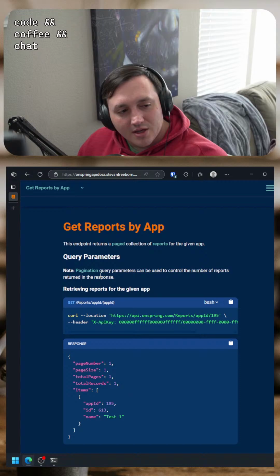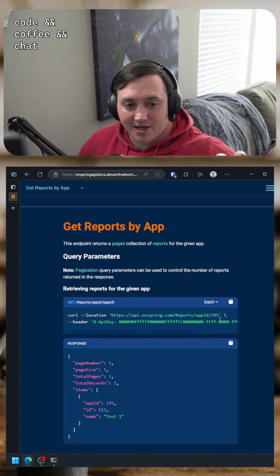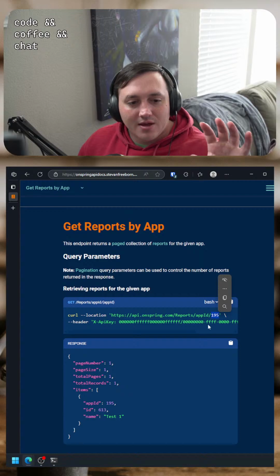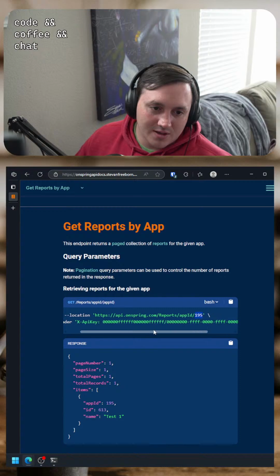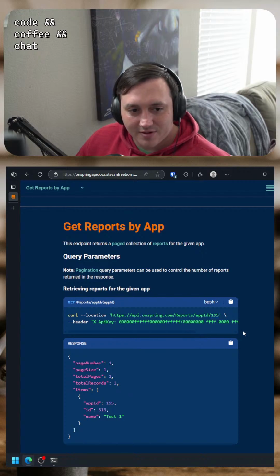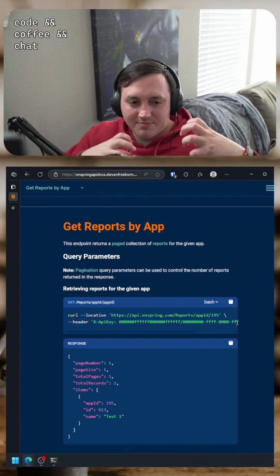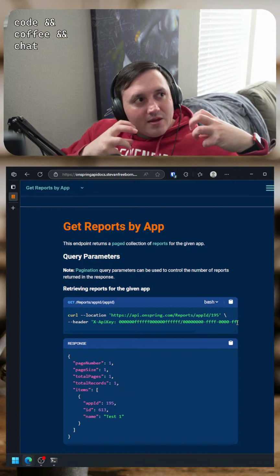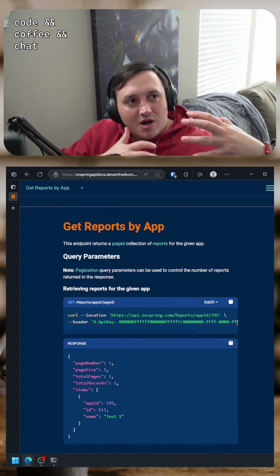Okay, here we go. So the way this API works is you need to get reports for a particular app and you need to specify the app ID. The problem is when a user is talking to the LLM, they're not going to say, get me reports for app 195, right? So when you're building your context, or in my mind, when you're building the MCP server, you kind of have to think about building it at this layer of, you're talking in natural language.